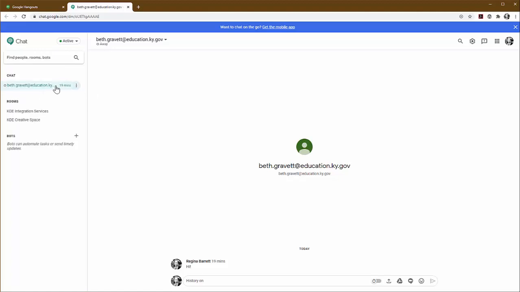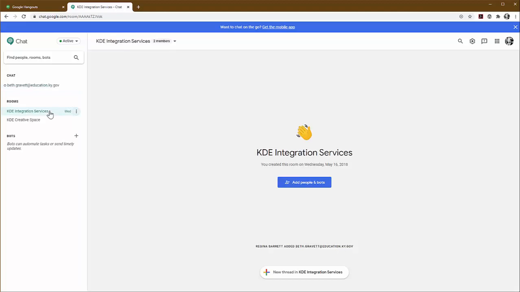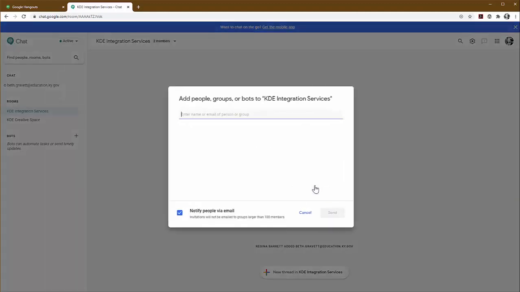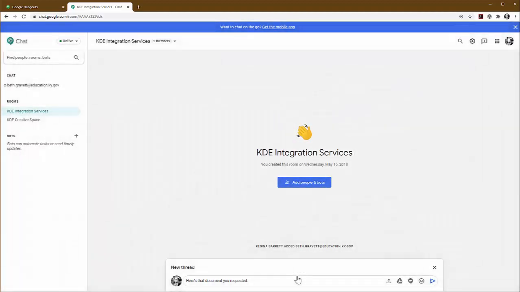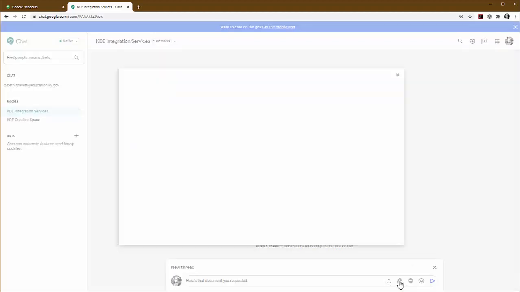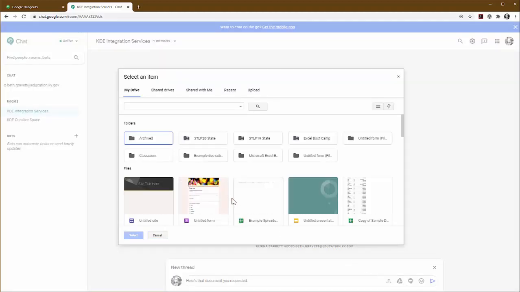If you have ongoing chats, you can see them over here on the left-hand side, and you can either choose to turn off or on notifications, block, hide, or delete a conversation. Underneath rooms, you can add people to the room so that they can easily access ongoing conversations and information. Within a room, you can create new threads or reply to ongoing threads, upload files, link to files that are already in Google,